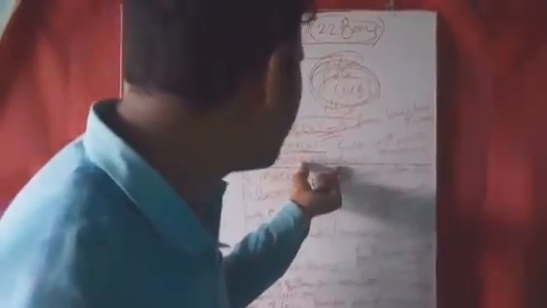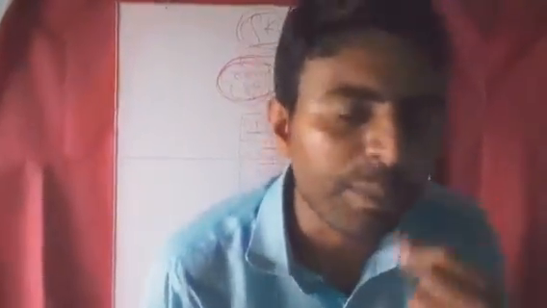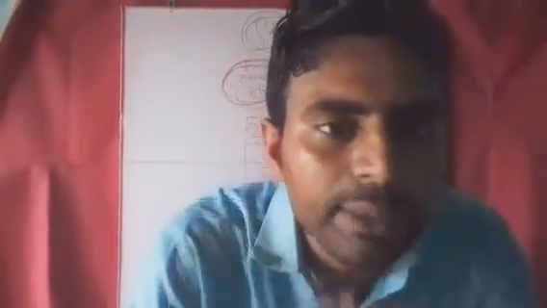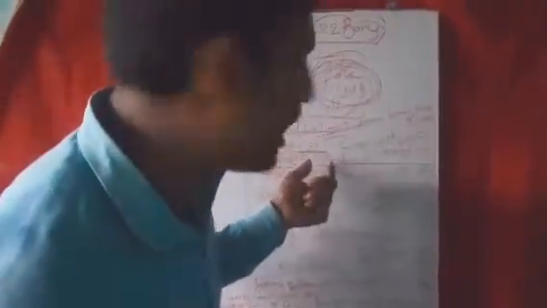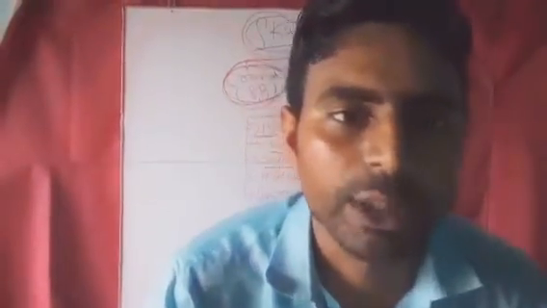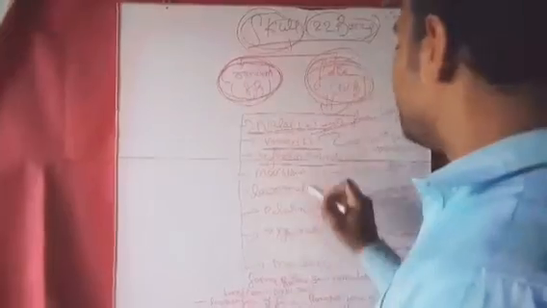Second is the vomer, the number is 1. And third is the inferior turbinate, the number is 2. The vomer and inferior turbinate are present below the nasal bone. Nasal means nose. So the vomer number is 1 and the inferior turbinate number is 2, and they are present below the nasal bone. Okay, next is the maxilla.